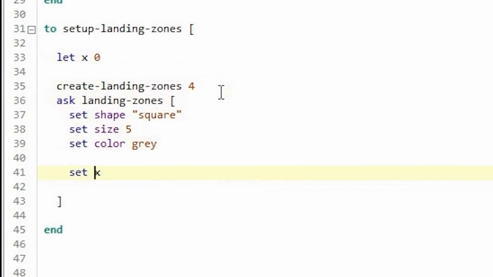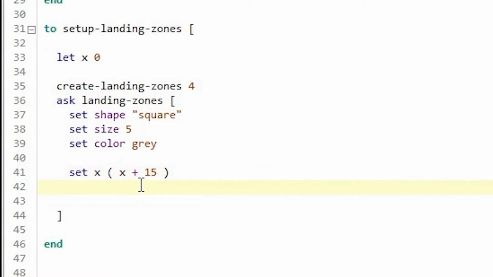So here I'm going to say, you start from x and you increment x every time by saying x plus 15. That means these landing zones will be placed first at x coordinate 15, next at x coordinate 30, next at x coordinate 45, like that.